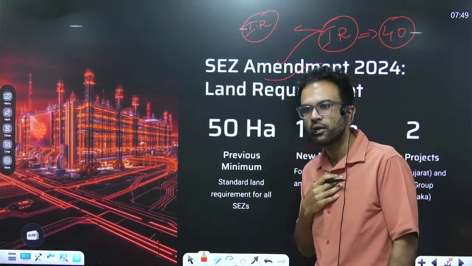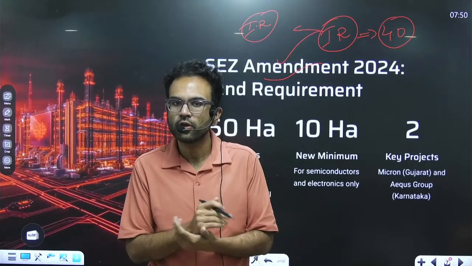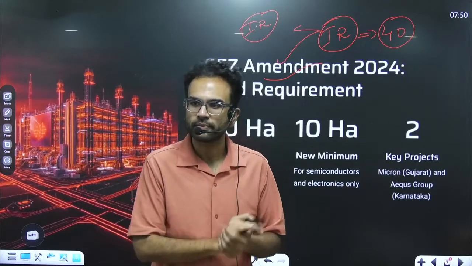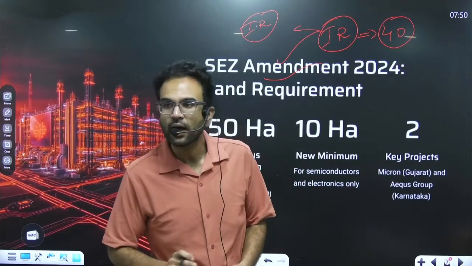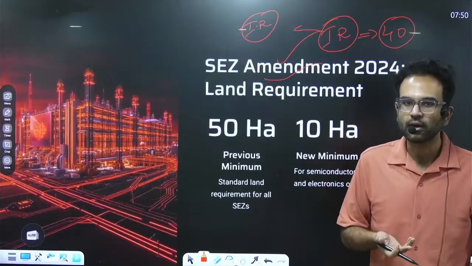What is the latest amendment? See, the amendment is in the context of IR 4.0 specifically, because we are aiming these rules to address the problems of our semiconductor industry. Why semiconductor and electronics industry? Because the next phase of industrial revolution, the artificial intelligence revolution, the Web 3.0 revolution, predominantly a digital revolution, requires the supporting hardware.